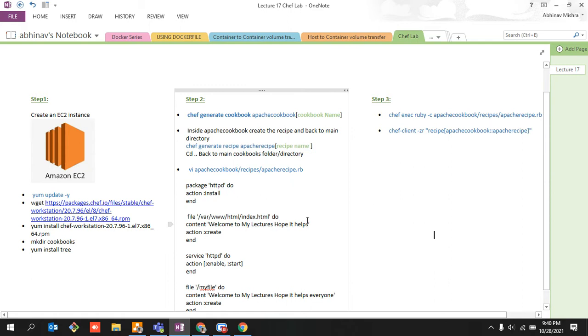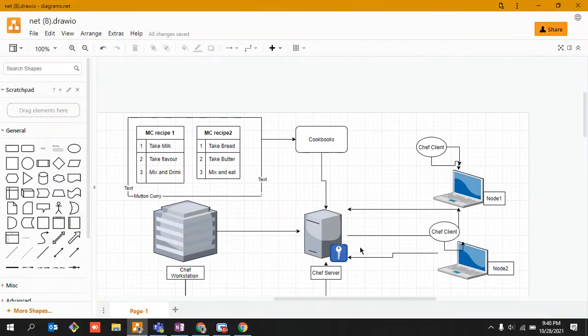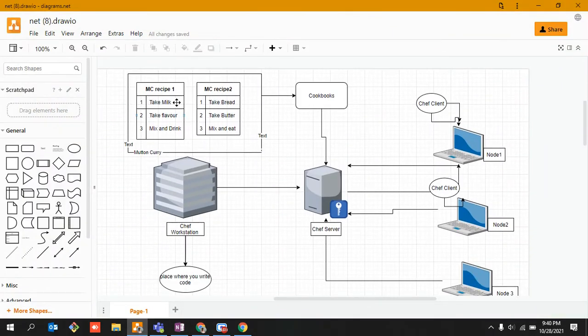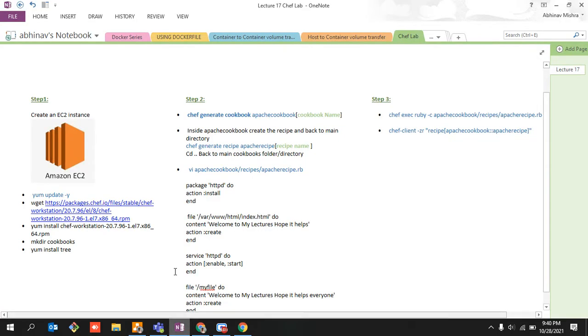And please do not think over the entire structure that I explained earlier. So I'll give you guys a quick brief of whatever we discussed in the last lecture. In the last lecture, guys, we discussed this particular scenario in which there is a workstation involved. There is a chef server, and the chef server is connected to the node. It gets connected with the help of knife, and whatever we write over here. So chef workstation is the place where we are going to write our code. Let's get back to the theory.